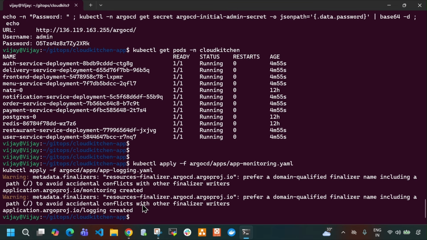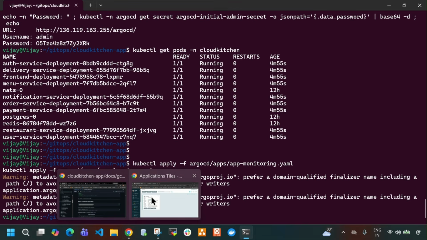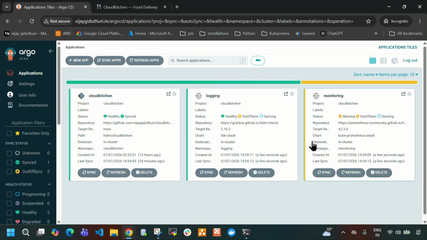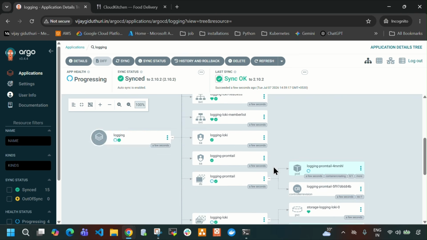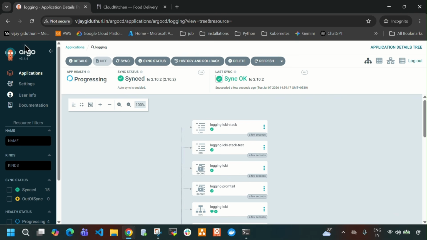And here you can see it's created successfully, right? Now let me open this, and here you can see it's creating for monitoring as well as for logging, guys. Okay. And let me open this, and here you can see it started creating. So it's creating, let me go back,